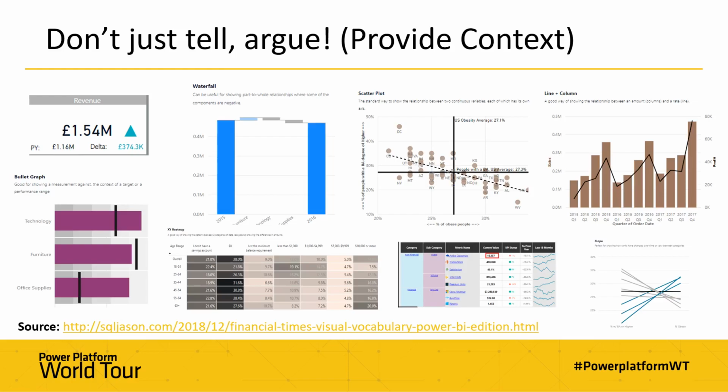The first one is KPI cards. There are KPI cards in Power BI, and they do show context. They show trends over time and a change since the last period. What I've done here is show a standard card visual, but added arrows and previous values to provide that context myself.